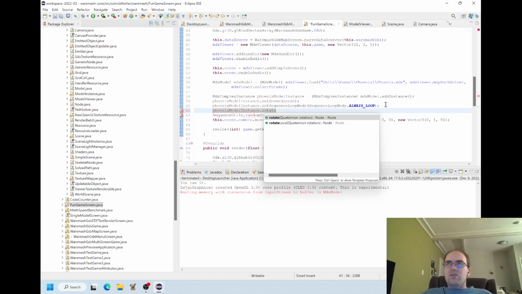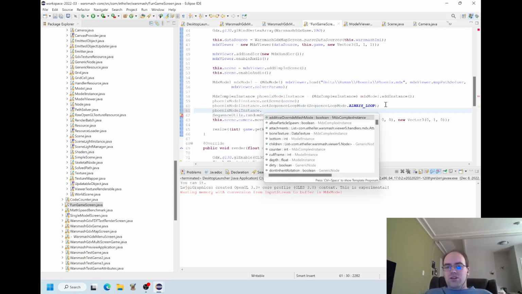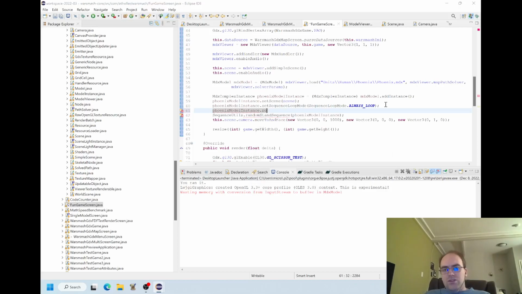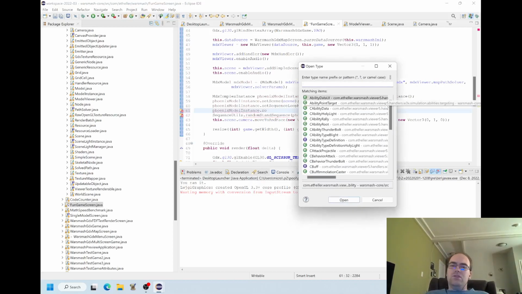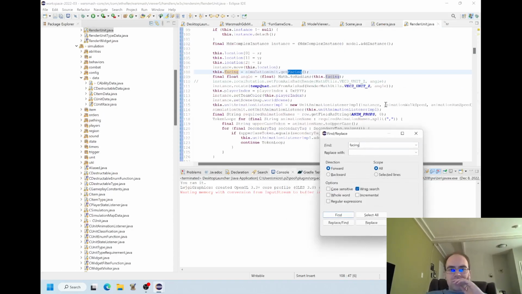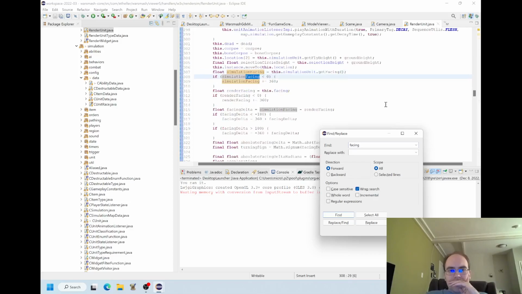But see, rotate by a quaternion is dumb because I actually want facing angle. Is that not a thing that I have? Did I not do that? So let's get back to what happens when a render unit changes his facing. What does he actually do? And if you look at the way that he does his facing angle and the way that he figures out all this math,